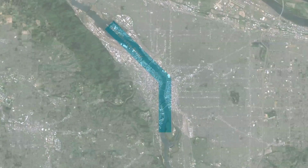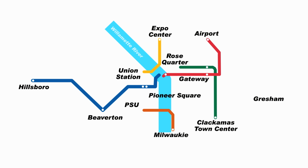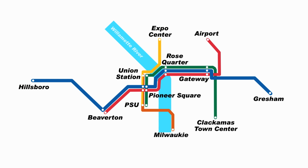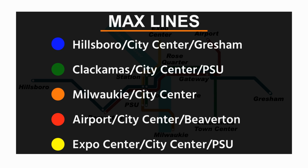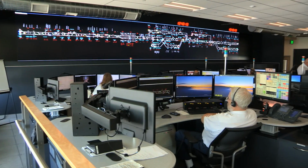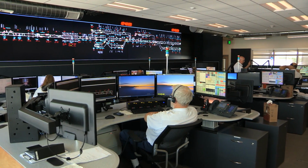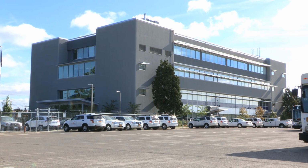TriMet's MAX light rail system consists of 5 rail lines covering 60 miles of track and 97 stations in Clackamas, Multnomah, and Washington counties. The light rail lines are designated by color: blue, green, orange, red, and yellow. MAX trains operate out of 2 rail facilities, Ruby Junction in Gresham and El Monica in Beaverton. Our MAX and bus operations are controlled out of TriMet's Operations Command Center at our Southeast 17th and Center facility